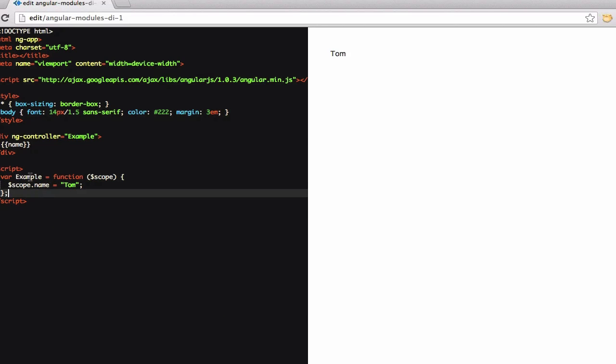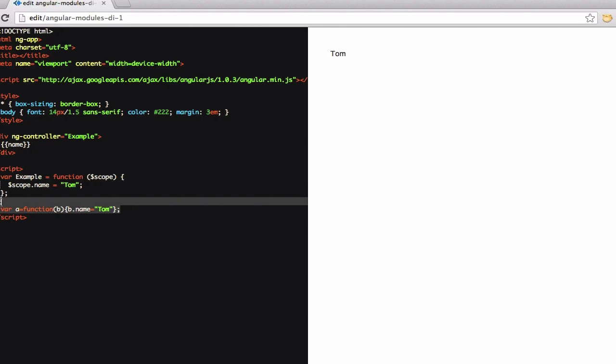When we deploy JavaScript applications, it's a best practice to minify the JavaScript. So this would be in a separate file, and we'd minify this down. But when minified, we'd end up with something like this, where the variable names have been squashed to make the code a little bit smaller. So I'll just show you what this looks like. We'd end up with b.name is Tom. This is a problem for Angular, but before I explain why that is, I need to explain